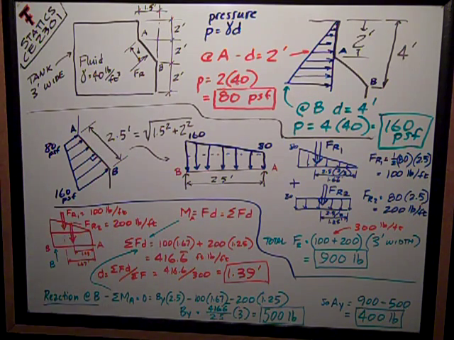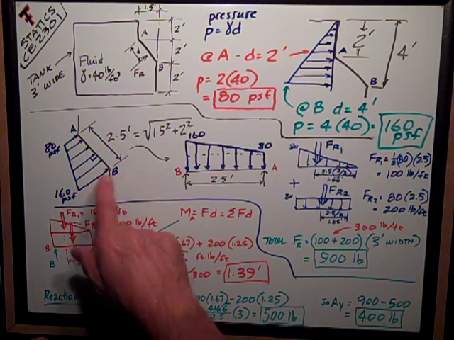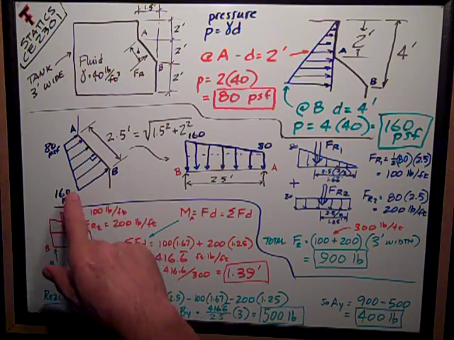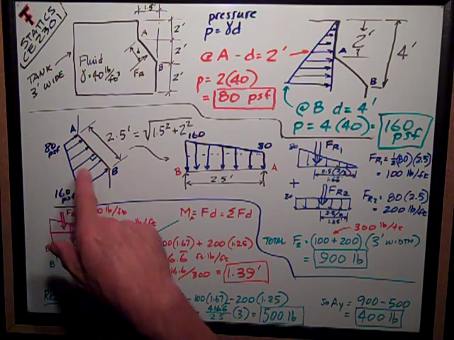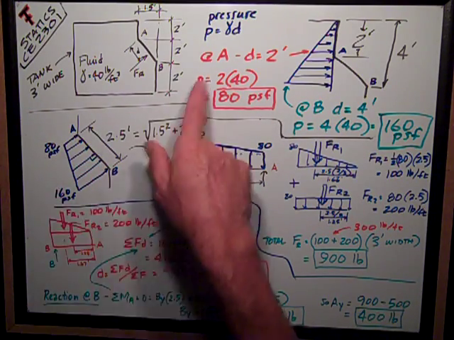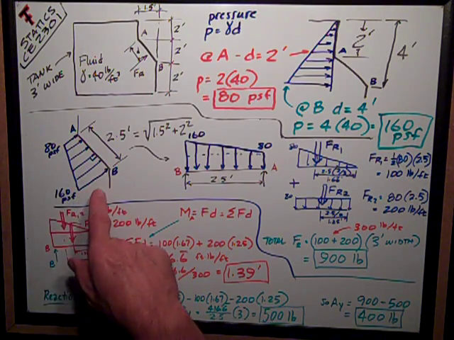Now, the key thing to this kind of problem, the interesting thing about fluid pressure, is it's exerted normal to whatever solid surface it's up against. And so even though this sloping surface is like this, there's still going to be a fluid pressure exerted on that surface perpendicular to it, and the magnitude of that pressure is at whatever depth it is below the surface. So that's, I've already figured those numbers, 80 psf at A and 160 psf at B. So there's my pressure distribution